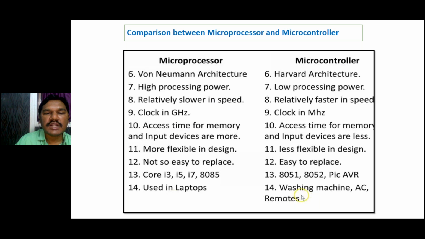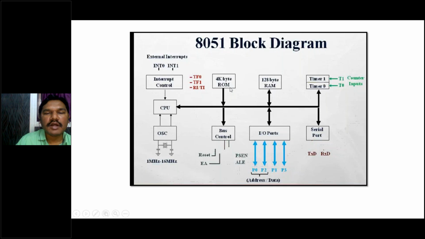So here you can see that ROM is placed separately and RAM is also placed separately. But in the case of 8086 architecture, outside of the chip we see only the memory interfacing. But in the case of 8051, we have both ROM and RAM separately. These are the lines which can call both RAM memory and ROM memory through the address and data lines. That is what we call the Harvard architecture.